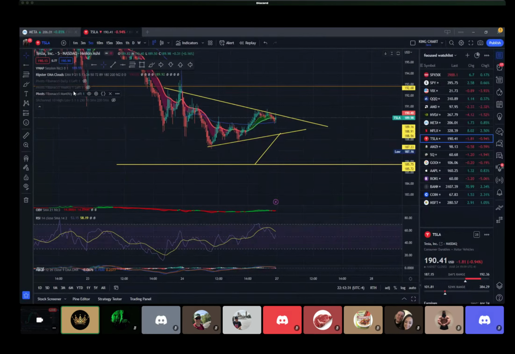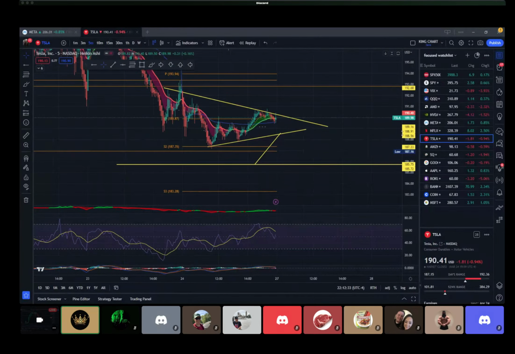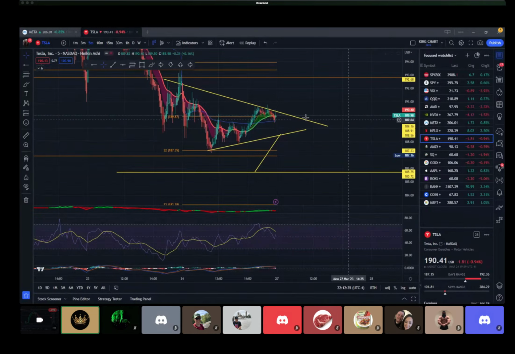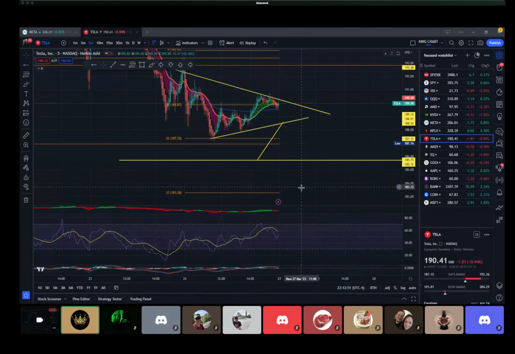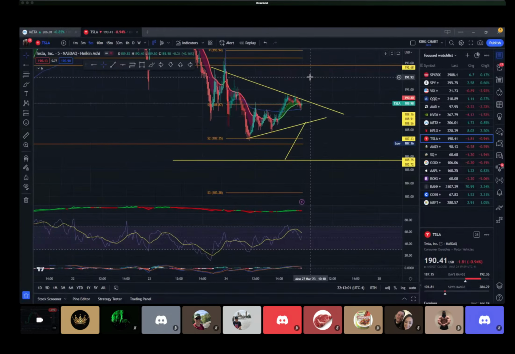And then also, I forgot my lines. All right, so here are my lines. So let's say we do enter here, and my stop loss would be that first resistance, 189.88. That would be my stop loss before I'm like, okay, forget it, it's not going to go back to the downside. Okay, and then RSI looks bearish here, kind of rejecting that 50. So tomorrow will be interesting to see if we continue to the downside to that oversold level. And that is it for Tesla.